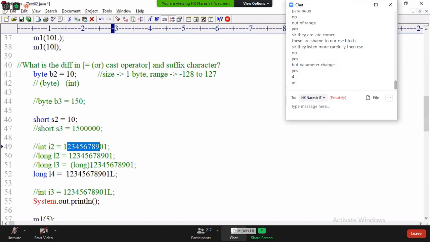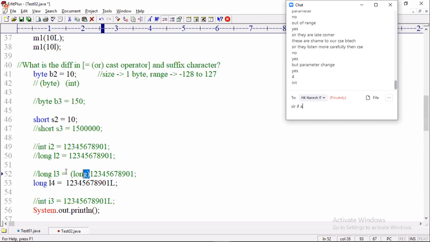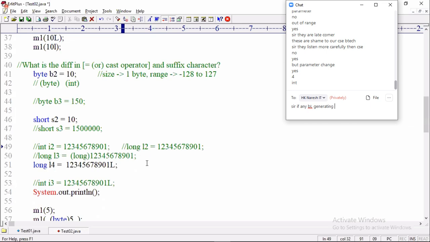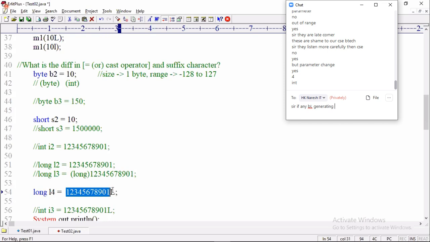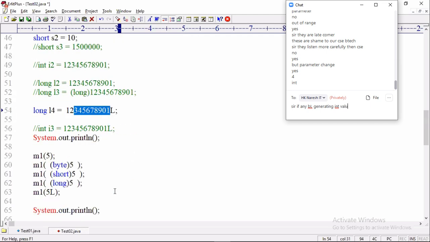If you use the cast operator or assignment operators, it throws an error because they are not meant to represent this number as a long. They are just converting an integer number to long, but it is not in the range of int. Whereas if you use a suffix character, then this number itself has long type. Suffix character is meant for representing the number type but not for conversion. So these are the points you need to understand.